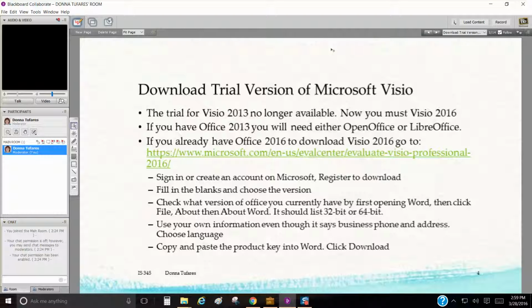Now you're supposed to download a trial version of Microsoft Visio, however the trial version for 2013 is no longer available. To download 2016 you have to have at least Office 2016. I tried to download it and it wanted to remove Office 2013. So if you have Office 2013,